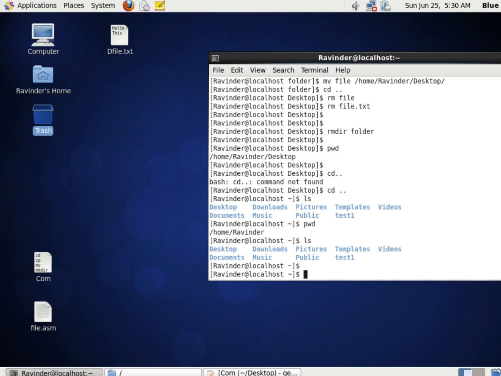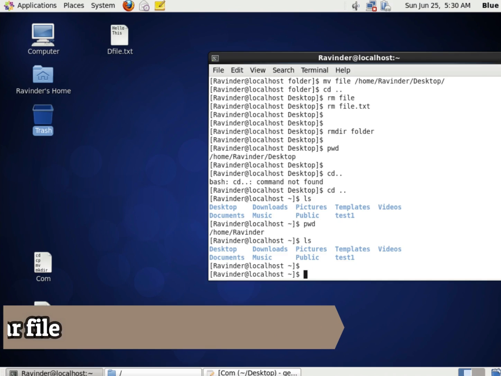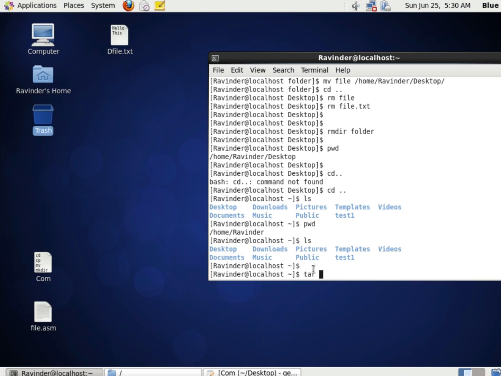Next command which we are going to learn today is tar. Tar is a command to archive the file, to compress the file. To archive a file, we'll use tar cvf. We'll give a name to the file, let's say zip.tar, and then which file we would like to archive is